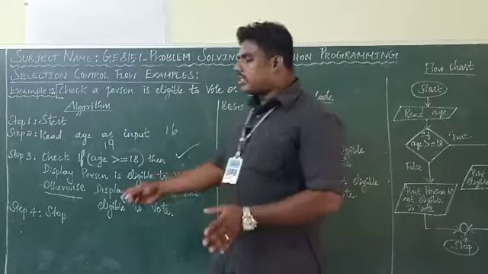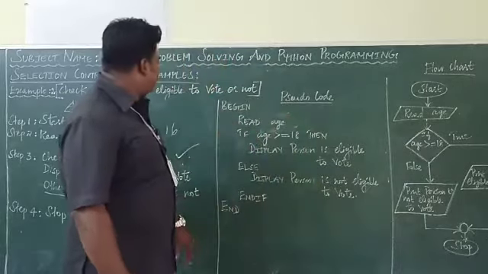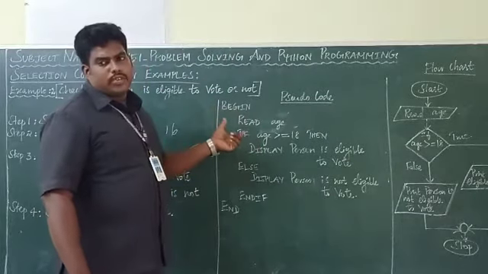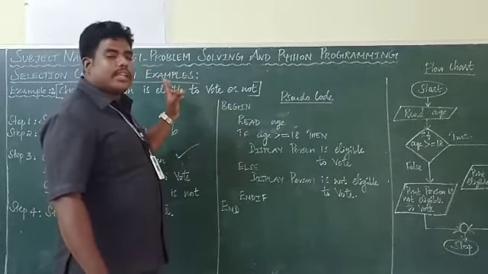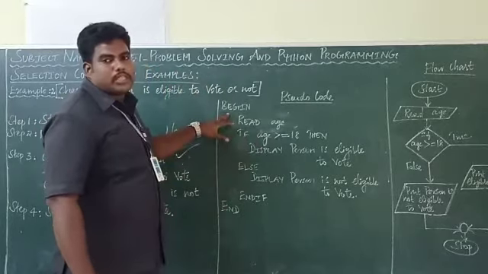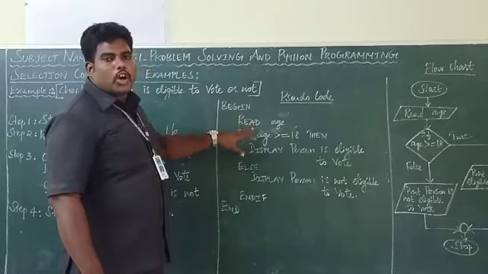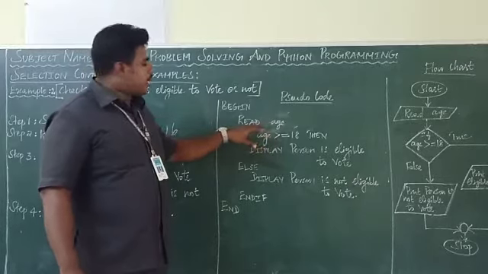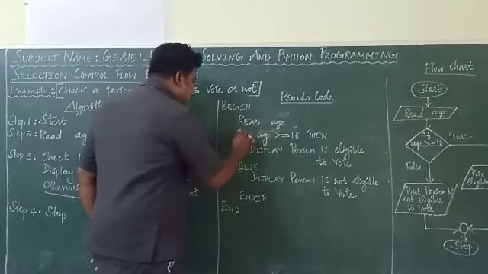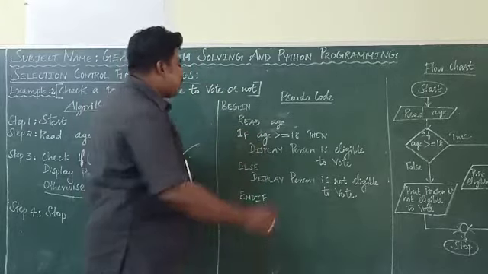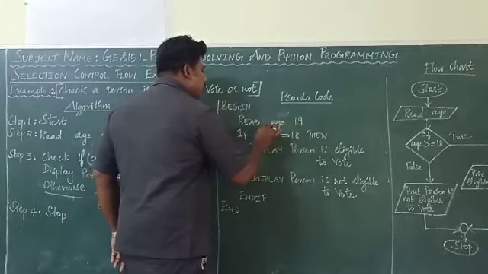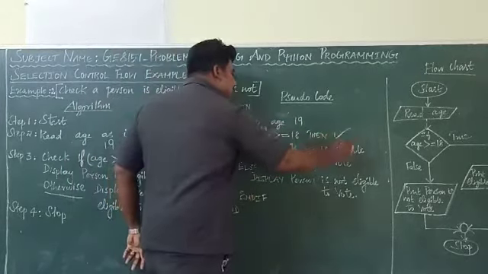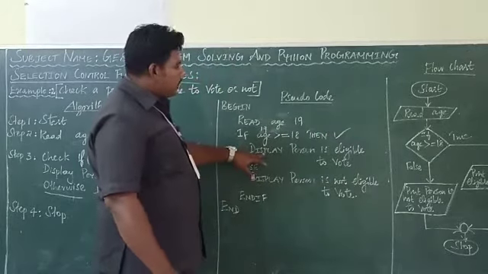Then we can see the pseudo code for this example. The same thing I am going to write as pseudo code with a set of keywords. So first, where in the algorithm you use start, here you have to use begin. Begin is a keyword to start the pseudo code. And how many inputs are required? Only one input, that is age. So read is a keyword, age is the variable. Read age. Here I am checking a condition. If age, for example, if your age is 19, 19 greater than or equal to 18. Condition true or false? Condition is true. If this condition is true, display, which is a keyword,